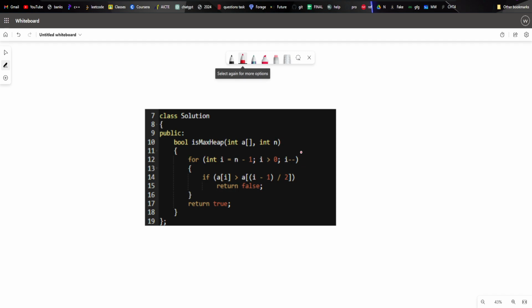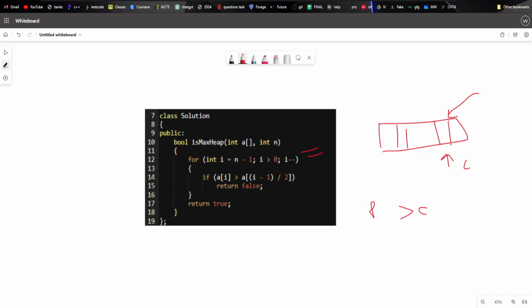Here in the coding part you can see that I am just traversing the array. At the child node I'm going to check if my child node is greater or less than the parent. As you know, if this is my child node, this child node always has to be less than